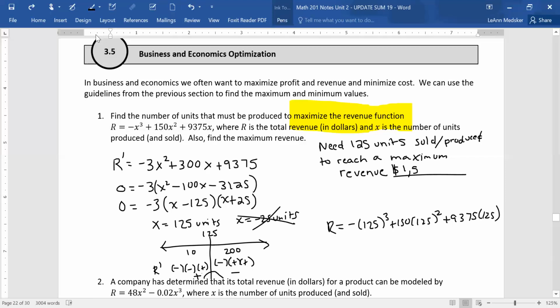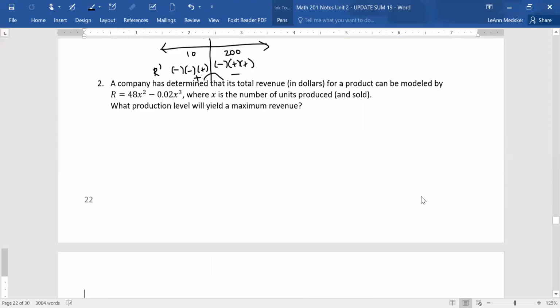562,000 and $500. So that is the max revenue. So this is the number of units. This is the max revenue. All right, the only other one we're going to do from this section before we move on to 3.7 is